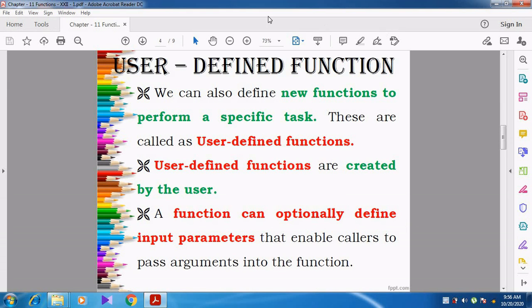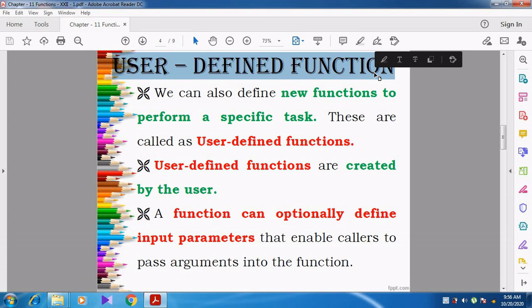Now we are going to see the next concept, user defined function. We already discussed that there are two different types of functions. One is called built-in function and another one is called user defined function.